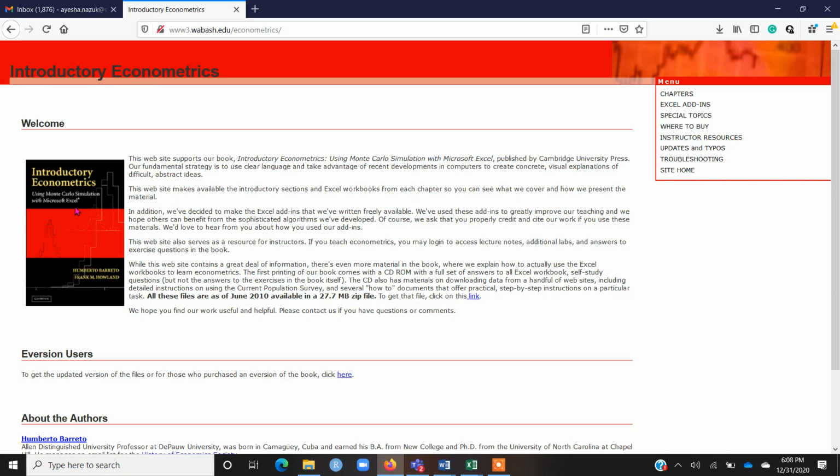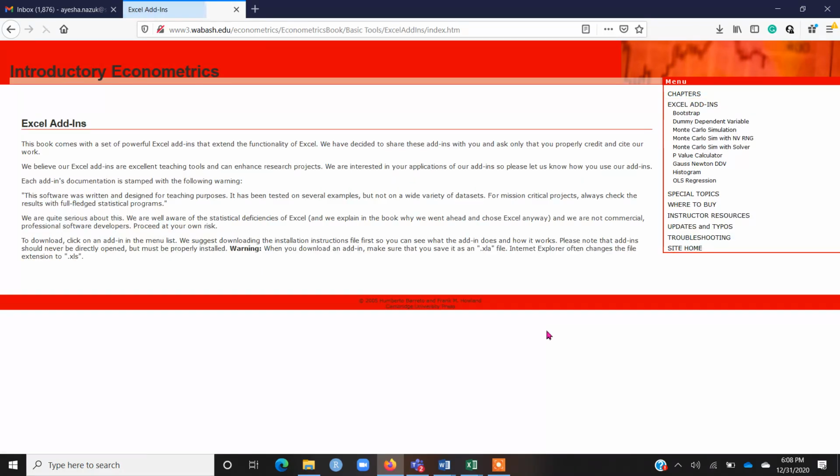This book is easily downloadable from the Genesis library. I have a video on how to download books from the Genesis library as well. Anyhow, for now I'm going to click here on Excel add-in, and I'll have a couple of different options here. You can see that one option in the add-in is OLS regression.